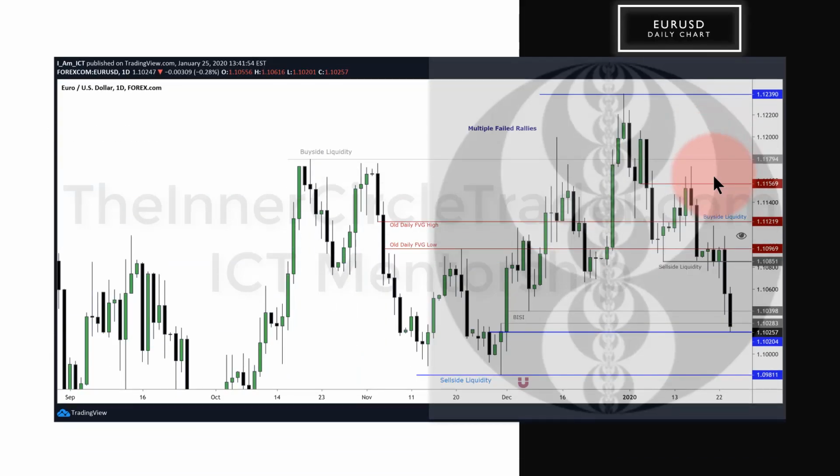All right, here's the EUR/USD daily chart. Oh man, this is so beautiful. Beautiful delivery of price. All right, so I know you're looking at the old fair value gap and you're thinking, you just can't let it go. Well, the reason why it's on here is, and I promise you we're done with it now. I swear to the Lord Almighty, I'm done with these levels in here.